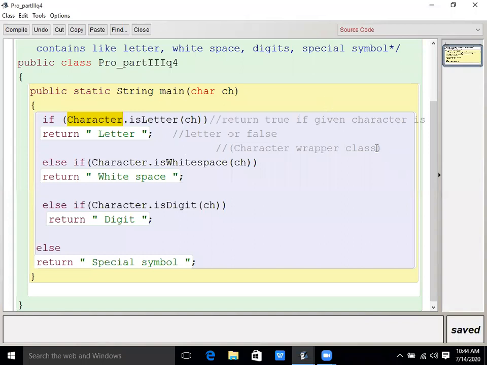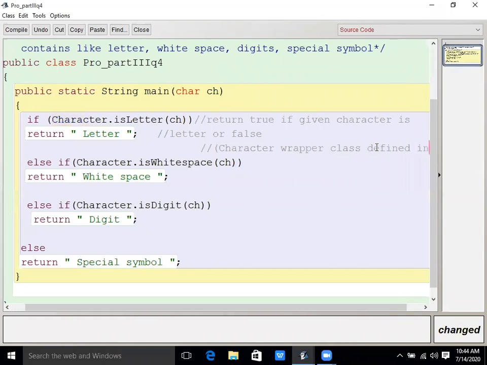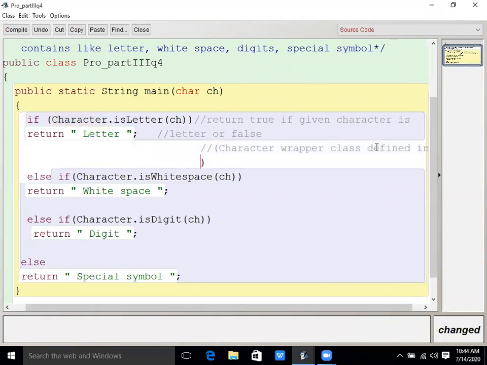Okay, this is the wrapper class defined in the java.lang package. And this package is by default imported in your program, so there is no need to use import java.lang. By default in each and every program this package is imported.